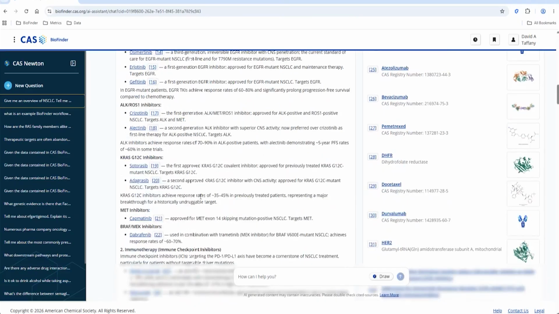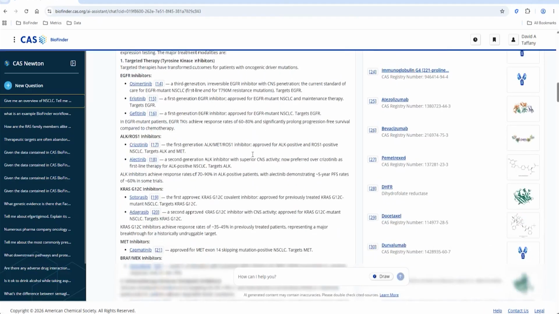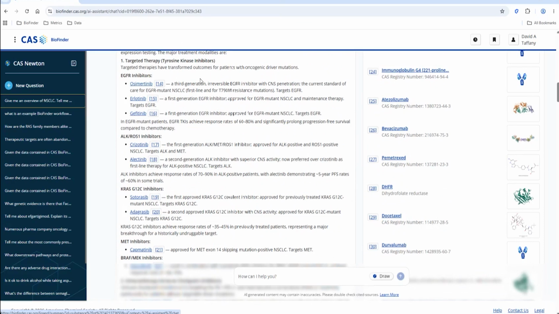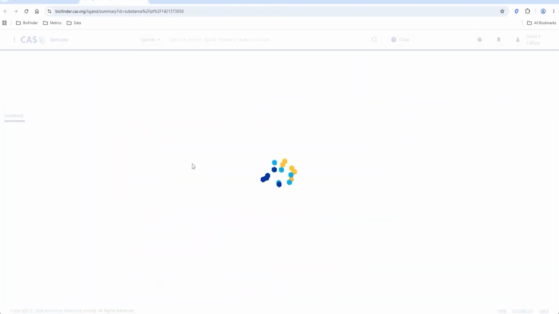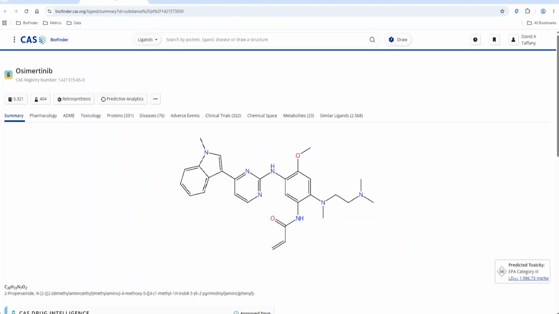So let's just actually stop here, and we'll just pick one of these therapies to go do a little bit of a deeper dive. So it lists Osimertinib right here, a third generation EGFR inhibitor. That sounds pretty interesting to me. So let's click in. And so now this will take me to a detail page that brings together all the